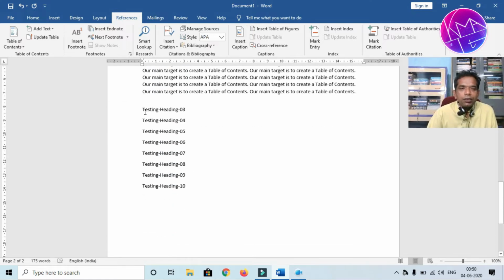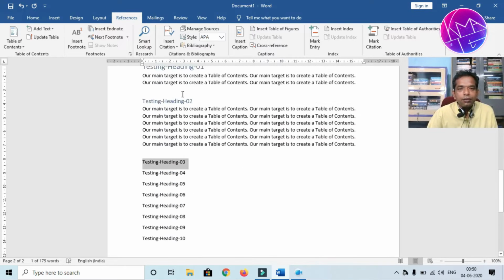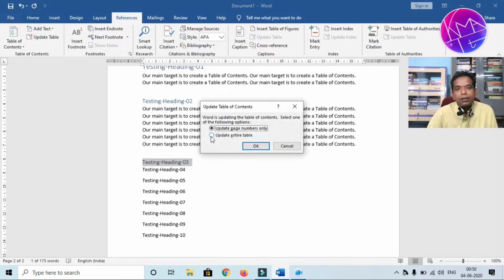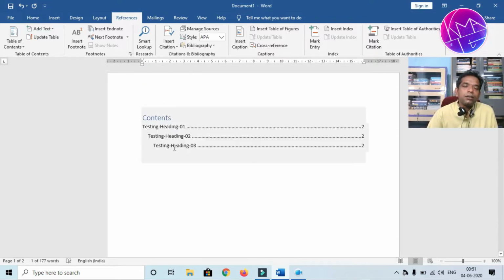Now imagine under the second heading you need another subheading: select it, move to add text, click on level 3, and after that update table, select the second one, update entire table, then click on OK, and you can see the third one has been placed under the second one, which has already been placed under the first one.